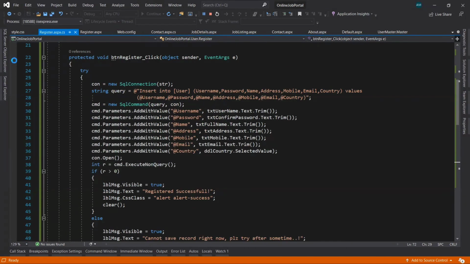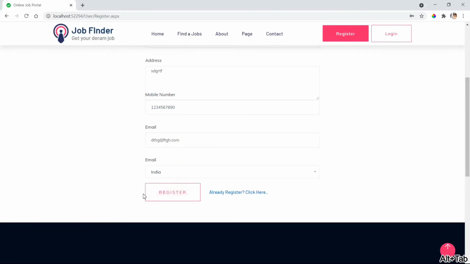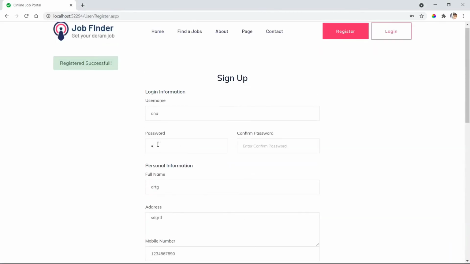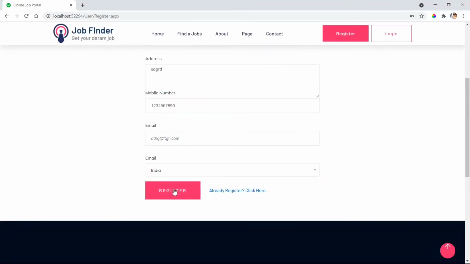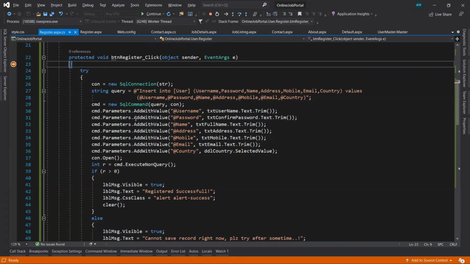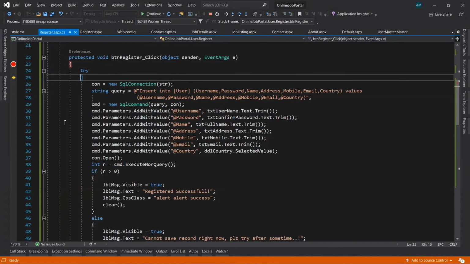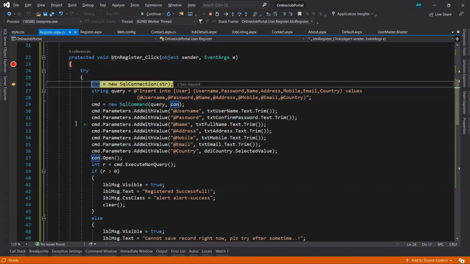Add a breakpoint here on the button click event. Now let's give a username and password. Register. Press F10, it will go forward.